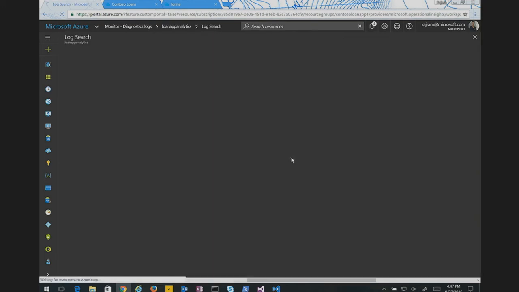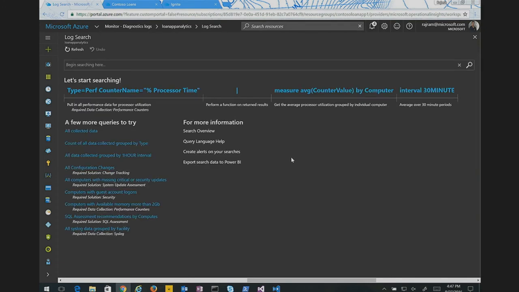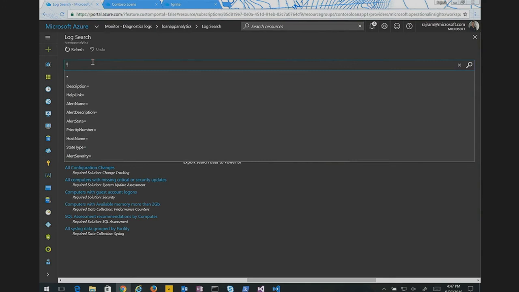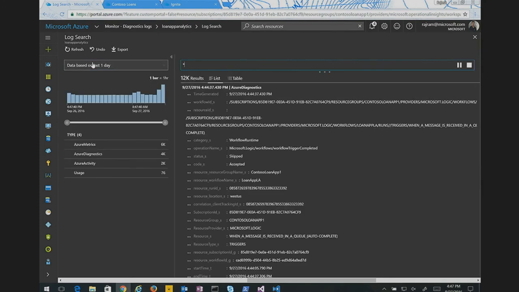You dive into log search first, which means for that particular workspace, you have full access to the logs right now, and you can just do a star to figure out what all you have. So let me start with that. Let me start with the bare minimum. You don't know anything about what logs are collected in the workspace. So you just put star, and right away you see on the left the types of data which is there in the workspace. You have data from Azure Diagnostics, which is